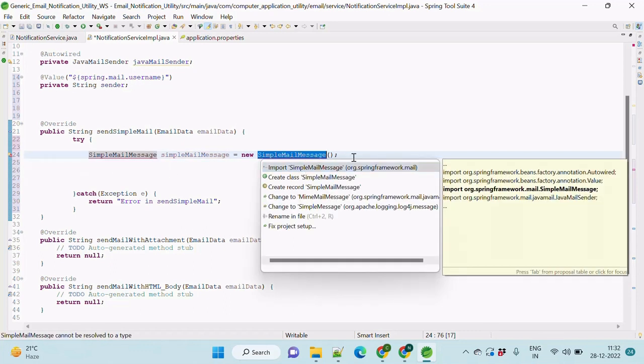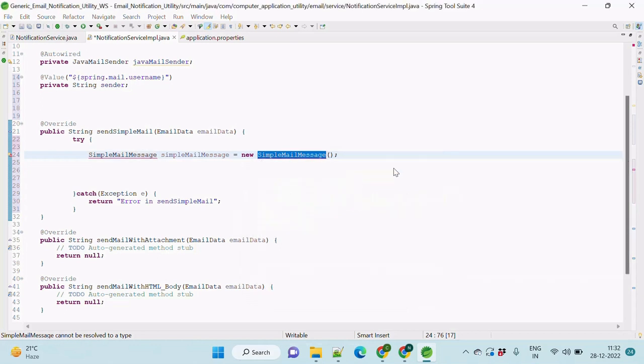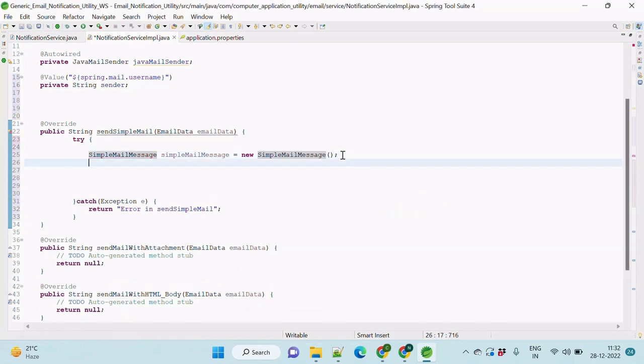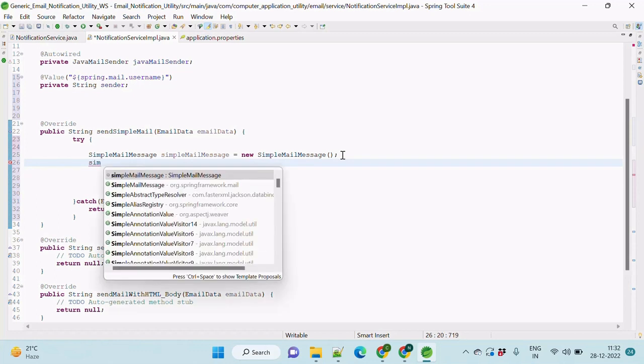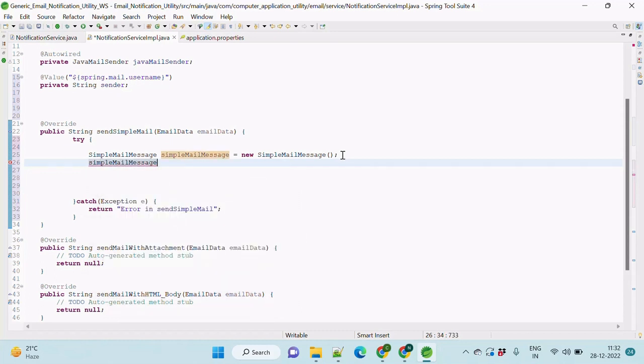Import org.springframework.mail. We have successfully imported the class. SimpleMailMessage